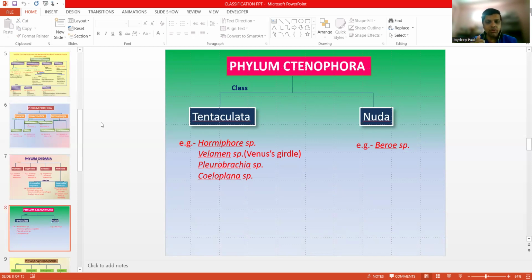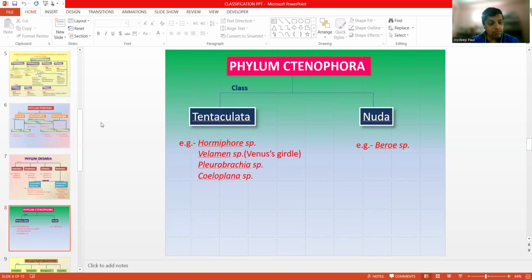So we already discussed the first phylum under the group Coelenterata, that is phylum Cnidaria. Now let us talk about the second phylum in this group, which is phylum Ctenophora. Previously it was considered that Coelenterata is a subdivision of the kingdom Animalia. It consists of two major phyla, Cnidaria and Ctenophora. Both are aquatic species as well. Both have a simple tissue organization with two layers of cells, and they do not have a coelom.